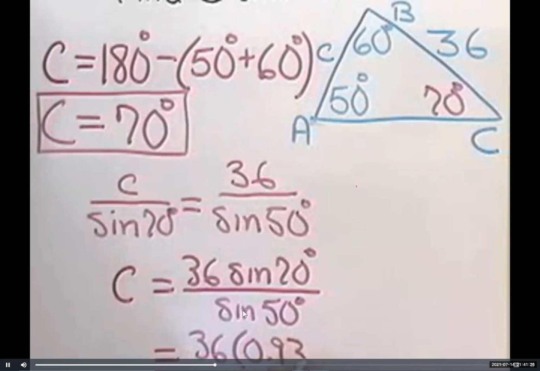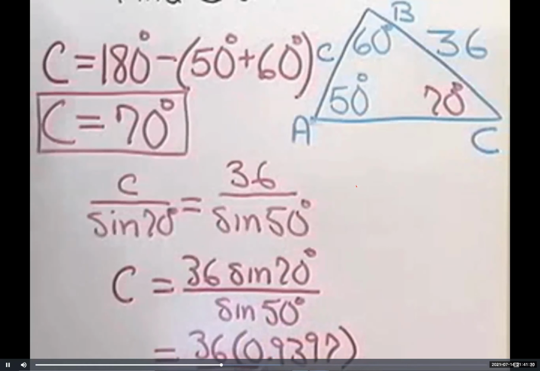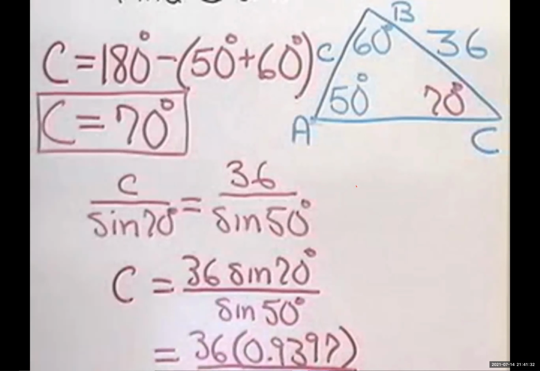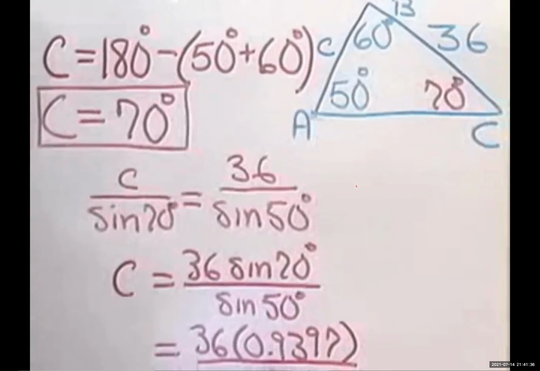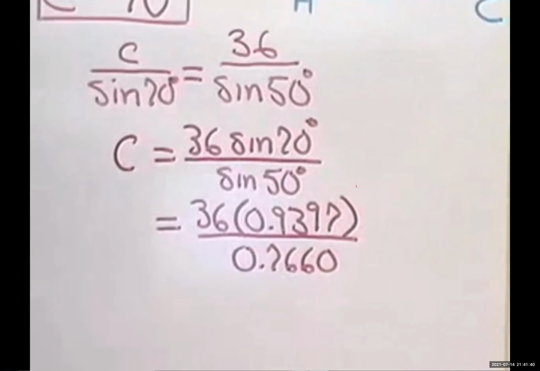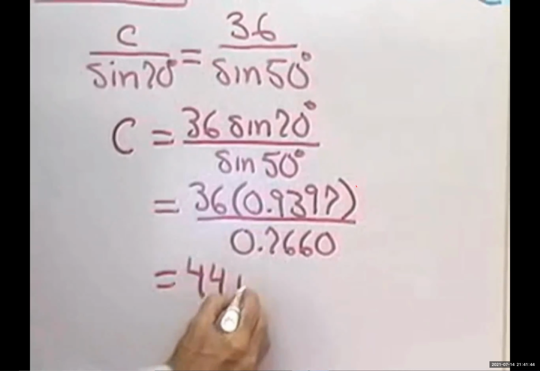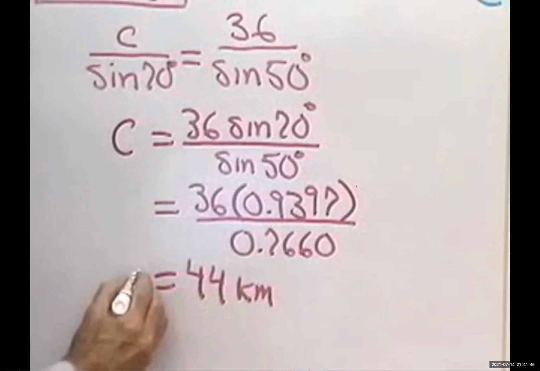That's the first four digits of what I get if I find the sine of 70 degrees on my calculator, divided by sine 50 on the calculator is going to be 0.7660. I do the arithmetic on my calculator, round off using my significant digits here. I get 44 kilometers for the length